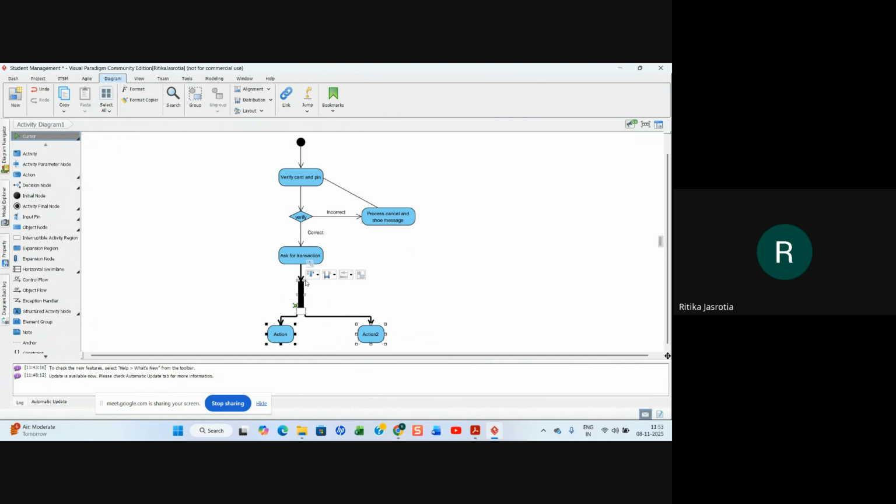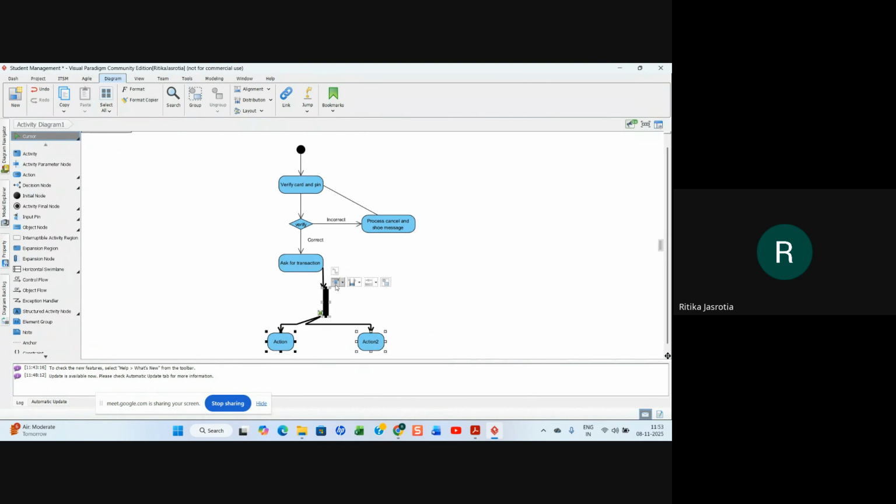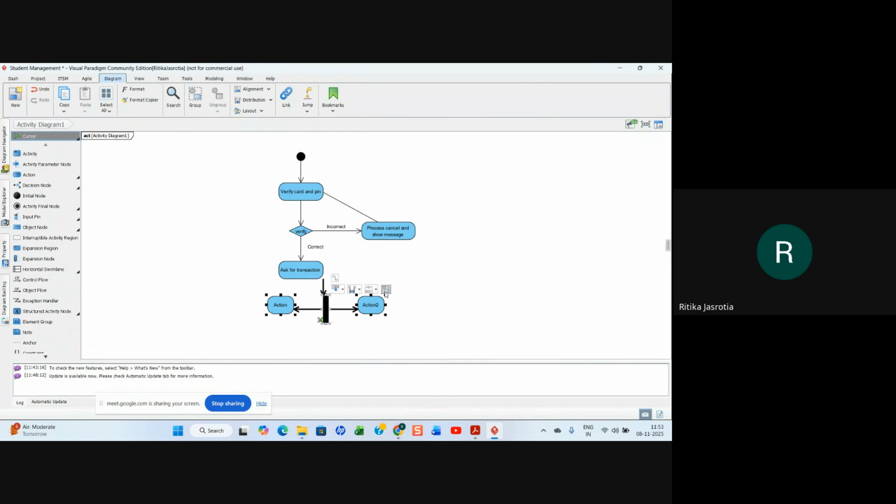We'll keep it like this only. This is vertically.